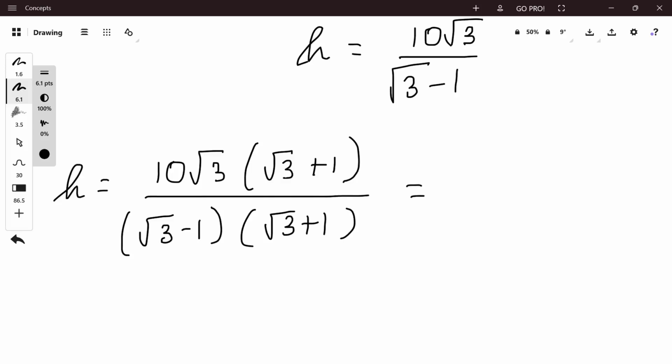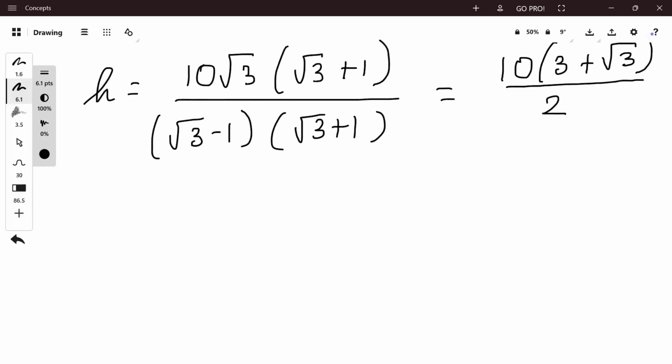That is equal to 10 into 3 plus root 3 upon 2,